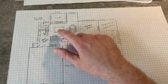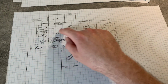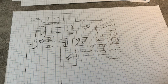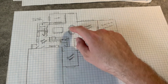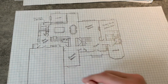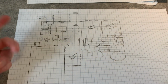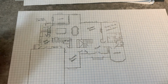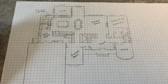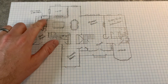Usually I would start with a kitchen or a main focal point or a center point, so you can see there is a cross kind of going through all of that informal space. And then I would go from there, so this dining room lines up to this butler's pantry, and then that sets the line for where the garage can go. And then how much room do I have to work in a family foyer? So my last one, a little bit of smaller mudroom. This one, I would say a family foyer. That's their entry point, and I want it to be very spacious. And that's a very large pantry